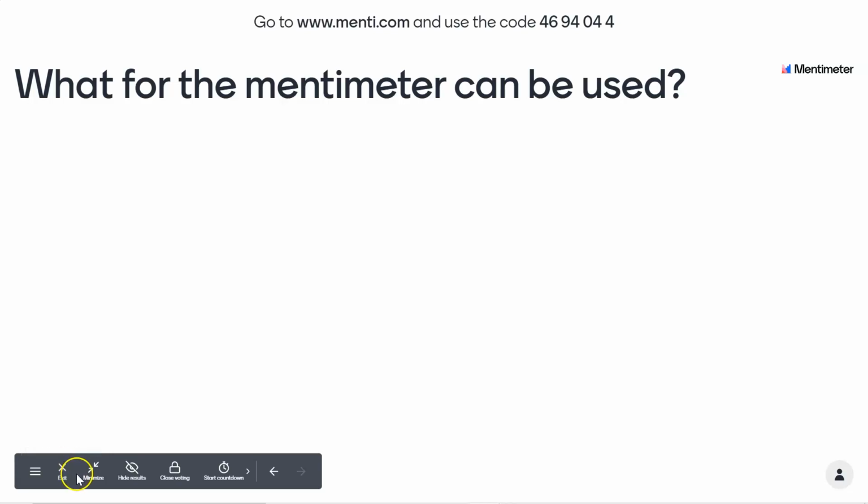Through this exit button, you can minimize it, you may hide the results, close voting, and start countdown. Even as further options, you may set the time limit for your questionnaire for the audience. So with all these options, you may customize your presentation and make a charm among the audience.